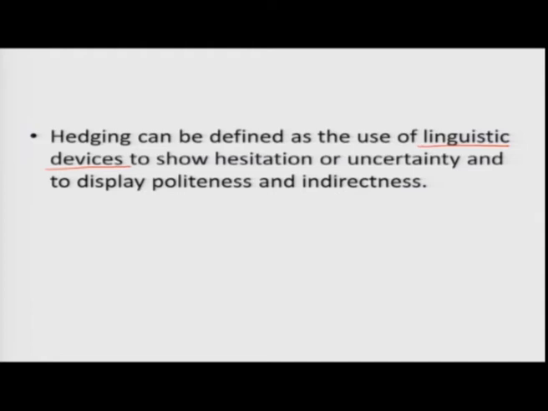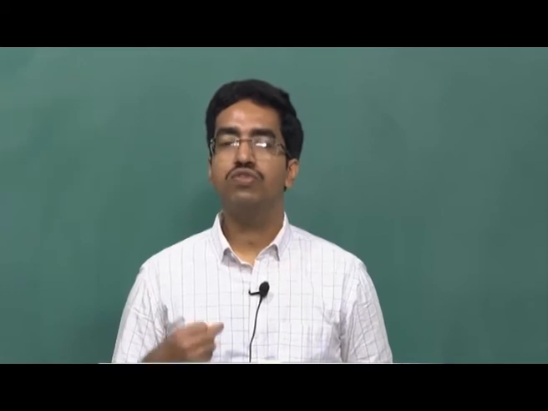Now you might think, okay, in an academic context I have done research, following all the protocols, all the conventions in my field of study. It has been a quite rigorous experiment, and I have now got the results. Then why do I need to be cautious about the claims I make? Why do I need to be polite about what I am saying? Why can't I say something with full force? This is a common question many people